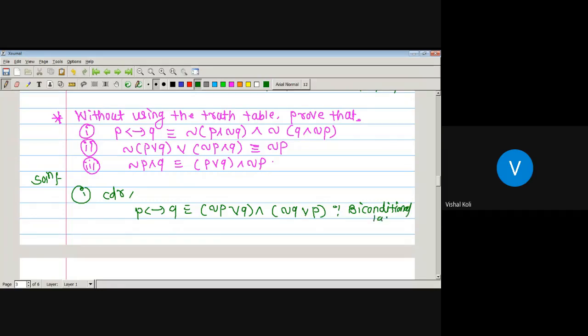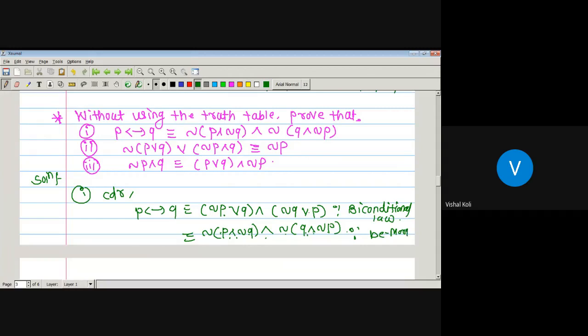Okay, so negation of (P or Q) can be written as negation of P and negation of Q, and this can be written as negation of Q and negation of P. Since negation of P and negation of Q is nothing but negation of P or Q, and negation of negation of Q is Q itself, it is nothing but negation of P or Q. So this can be written in this way, and as it is, negation of (Q or P) can be written as negation of Q and negation of P. As here there is an 'and', therefore its negation will be 'or', and negation of negation of P is P. So which is from De Morgan's law.